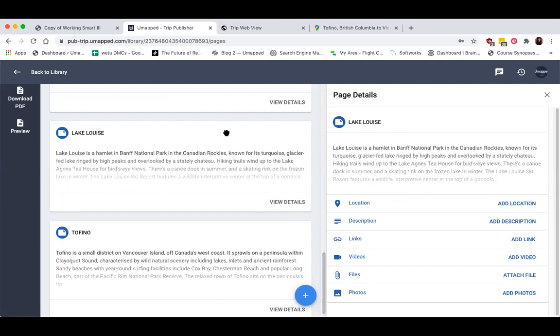So in all of my pages in a document, all of the interactive elements, when this page is initially created, are going to be blank. That means there's no description, there's no links, there's no videos, et cetera. And that also includes that there's no location because this page could be anything. Pages don't necessarily have to be destination content. They can be agency documents, or your contact info, if you wanted a page with every single way they can get in contact with you, emergency numbers, things like that.